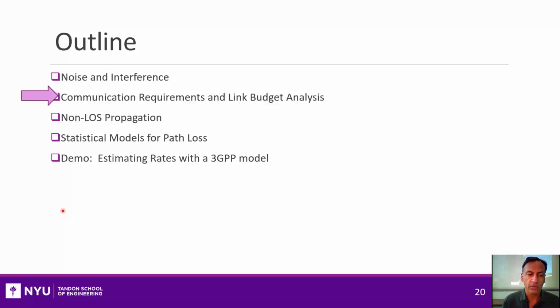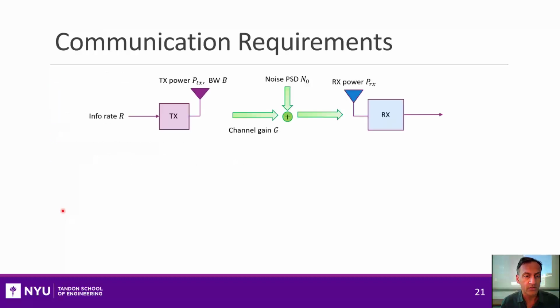All right, so up to now we've talked a little about propagation, we've talked about noise, receive power. What I want to do in this section is to quickly give you some tools to relate that to how your system will perform in a real setting, so to understand whether your system can meet the requirements that you need. So when we think about requirements, really there are multiple different dimensions that trade off between